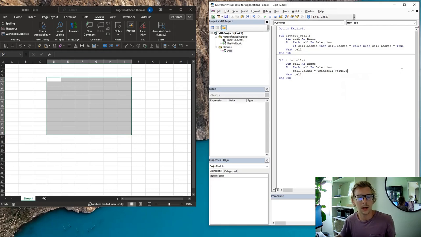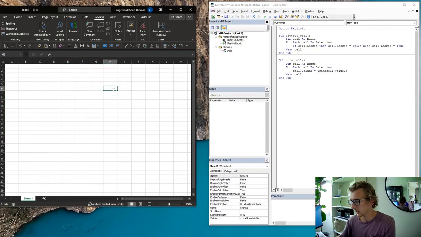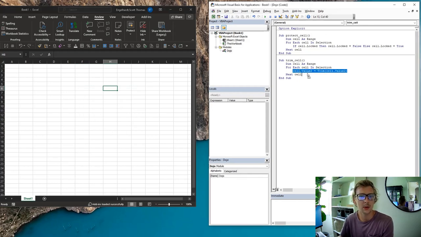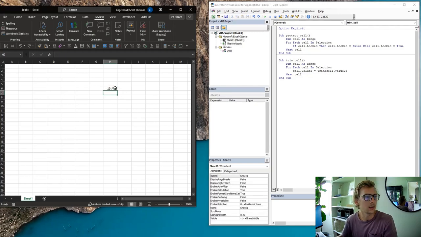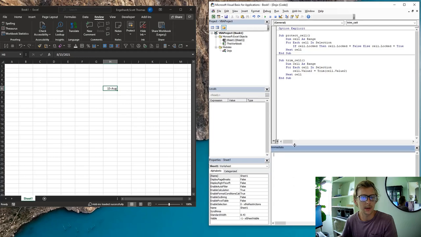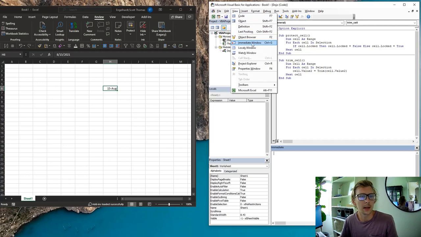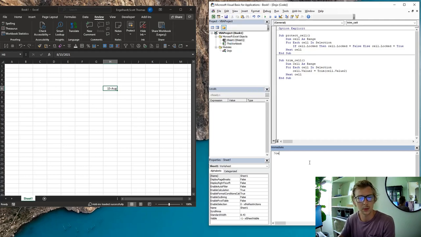value. So I always use cell.value2 whenever I'm referring to a cell's value, just kind of out of habit, but also out of good practice. I think it runs faster when you're doing a lot of calculations. Basically what it'll do is when you have a number value, cell.value or just cell will read the formatting of the number as well as the value. So for instance, if we had a date here of August 15th, and down here in our immediate pane, if you don't see this, you can press Control G, or you can go from View and click on Immediate window here. But if we were to do